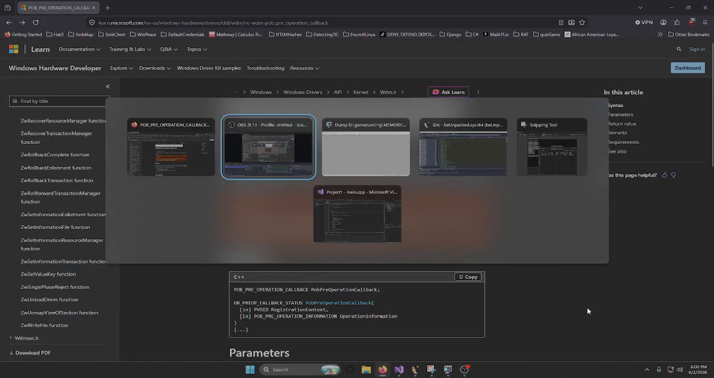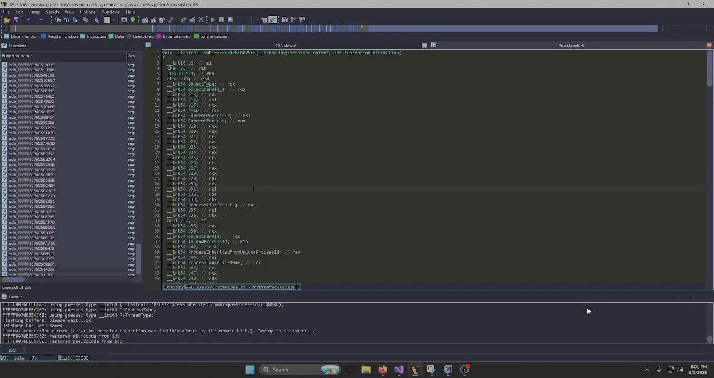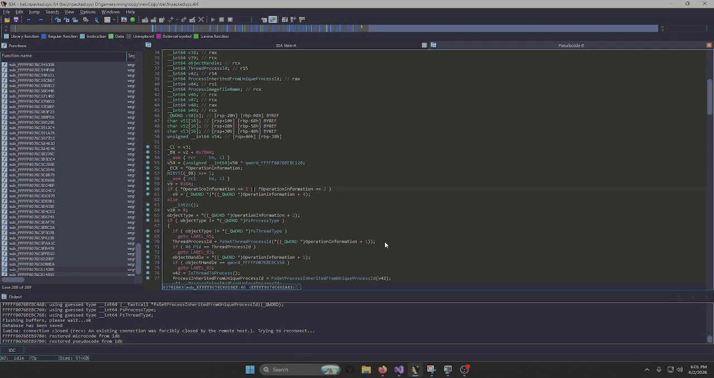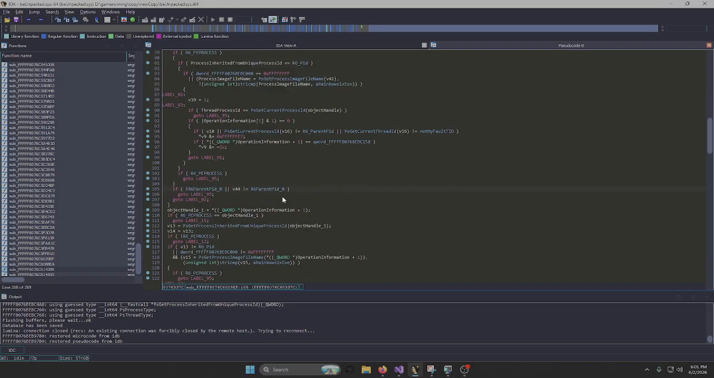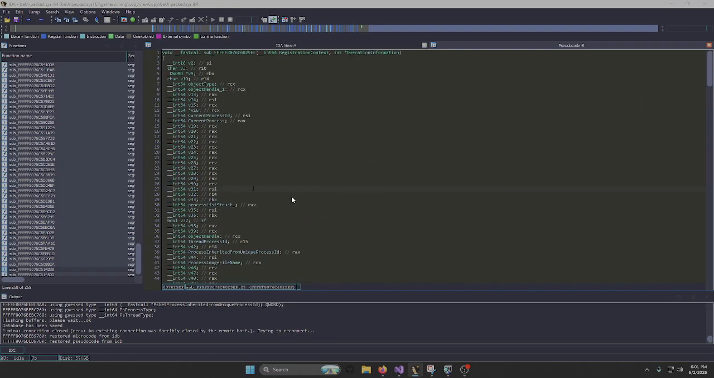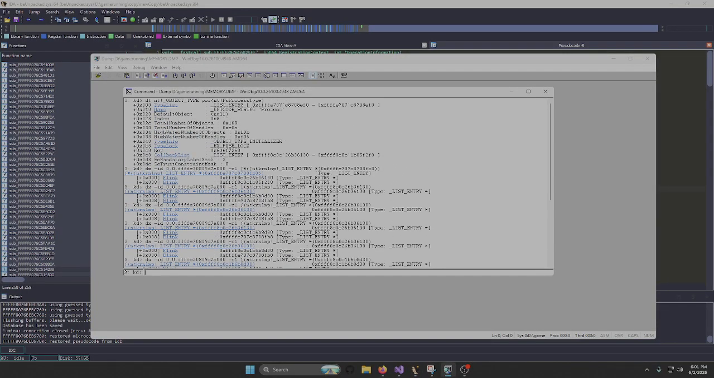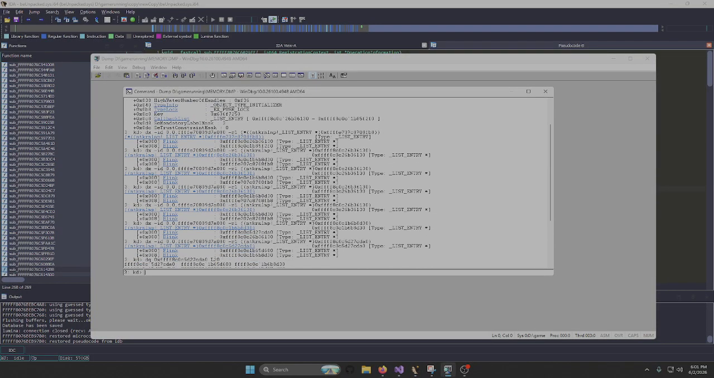Alright, gonna do another video of this, just to show you the power of rebuilding the IAT. That was the whole point of that playlist. But anyways, I want to reverse today. I'll show you today reversing Battleye's